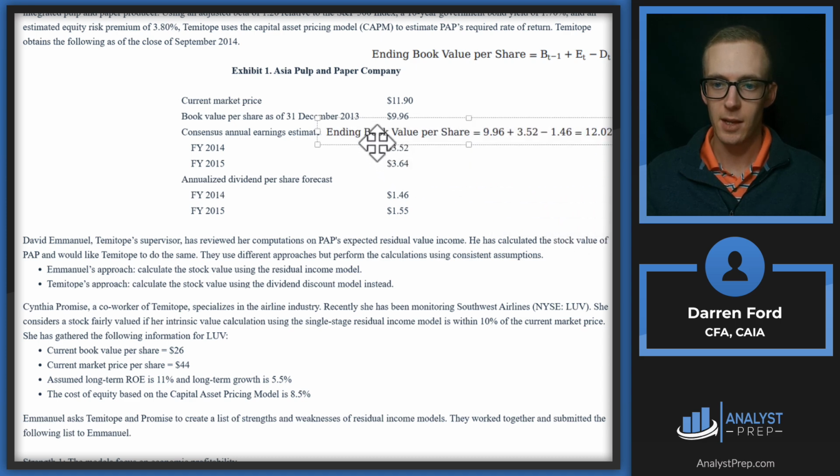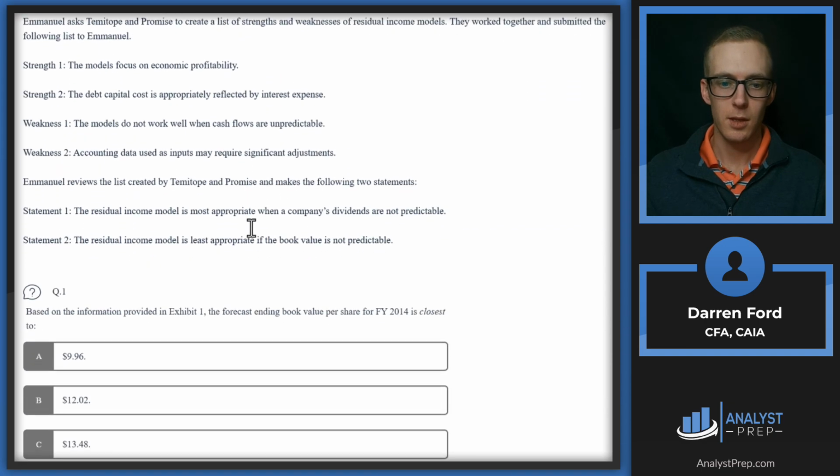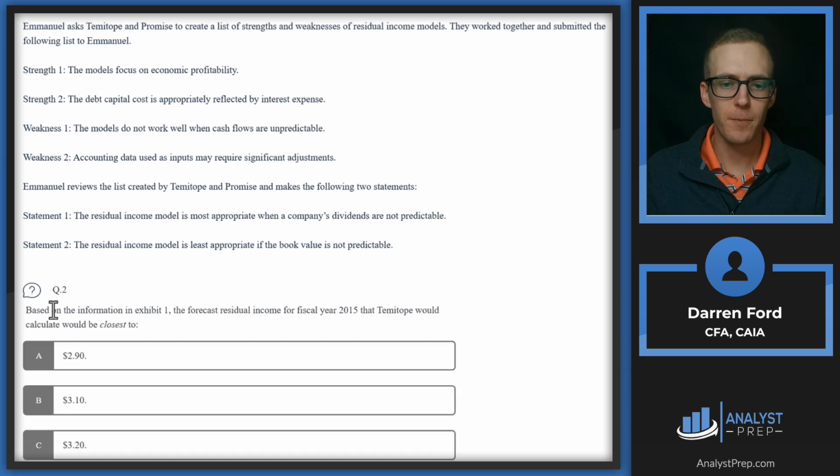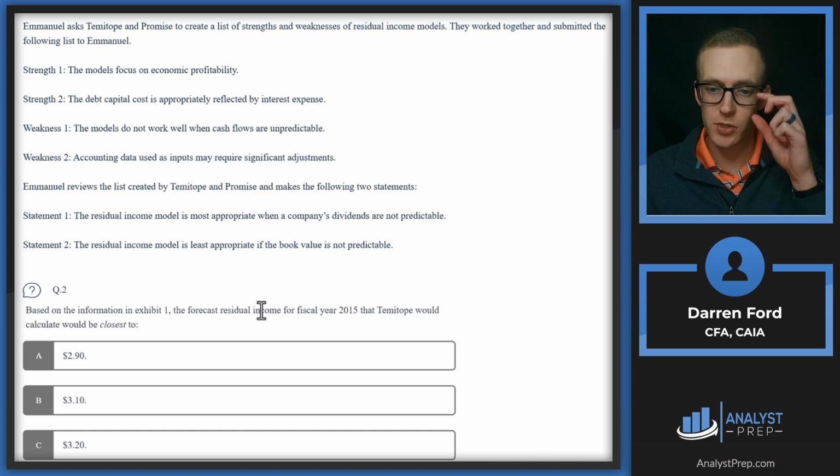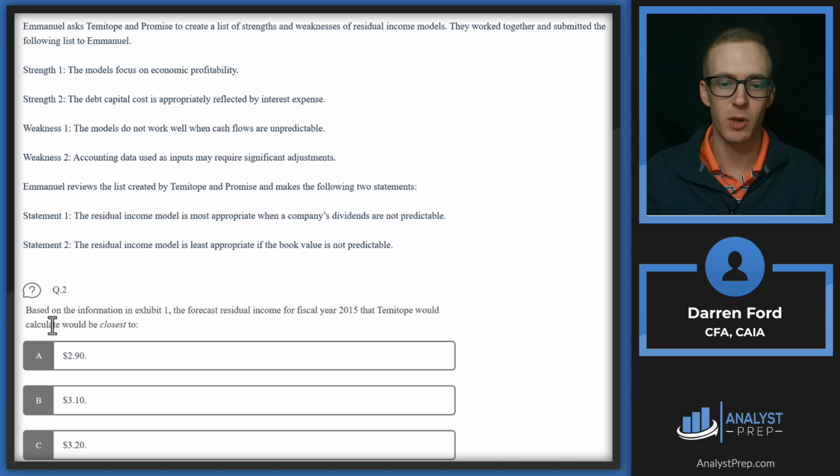Let's pull that in. And we can see when we add those together, add the earnings, subtract out the dividend, gives us 12.02. And we've got that right there. Answer B. All right, so we're looking at question 2 now. Based on the information in Exhibit 1, the forecast residual income for the fiscal year 2015 that Temitope would calculate would be closest to 2.9, 3.1, or 3.2,